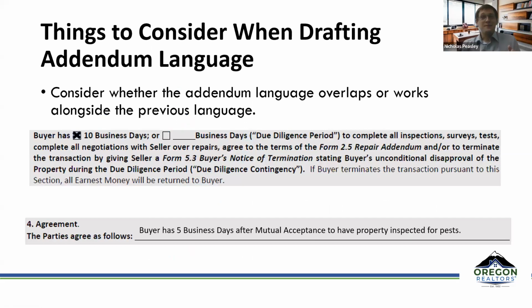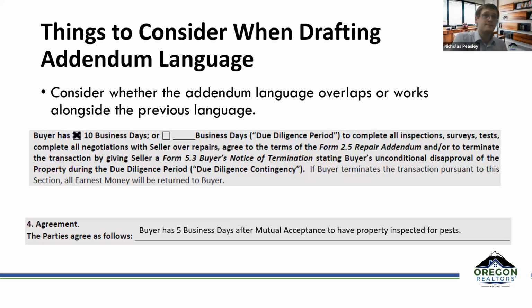Things to consider while drafting a general addendum. In the language of a general addendum, consider whether the addendum language overlaps or works alongside the previous language. So, for example, the buyer has 10 business days to do their due diligence or to complete all their inspections, surveys, tests, and all the negotiations and all that stuff. They have a 10-day due diligence period. Pretty normal, that's the default. Let's say in a general addendum, you say buyer has 5 business days after mutual acceptance to have the property